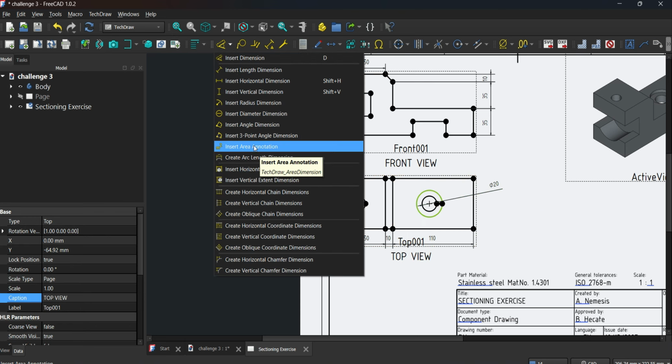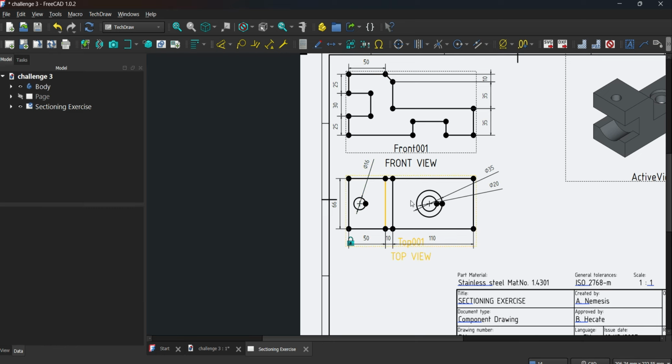Notice that the biggest circle is not found here because it is supposed to be a hidden line just here. It's not appearing. Maybe it's the setting. The hidden line is not found. But if you add here the rear view or the bottom view, then you will see that there is also a very big circle here hidden below. Okay, enough with the dimension.